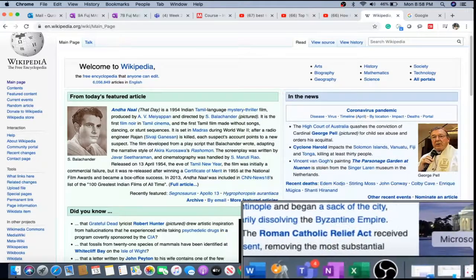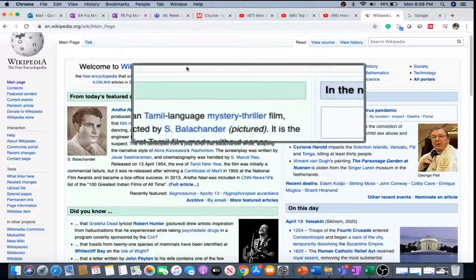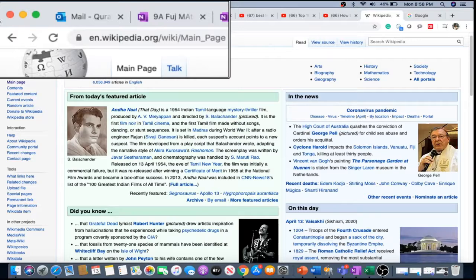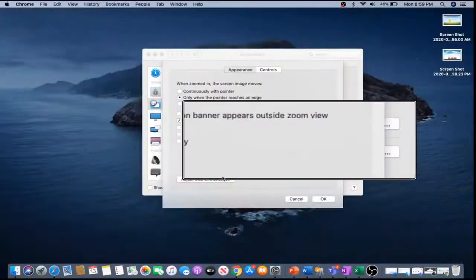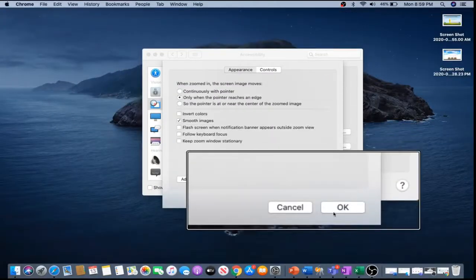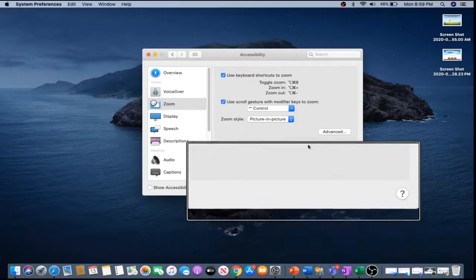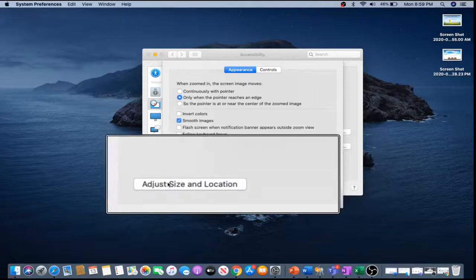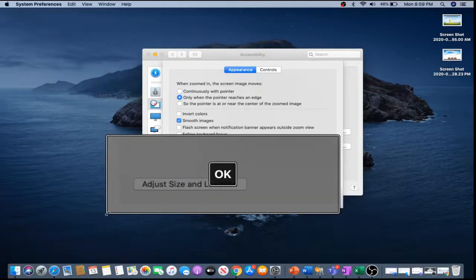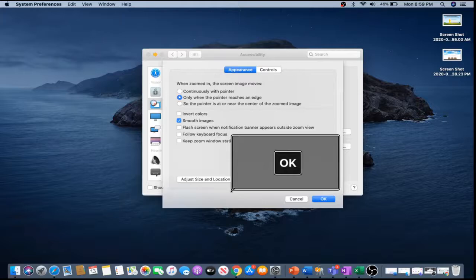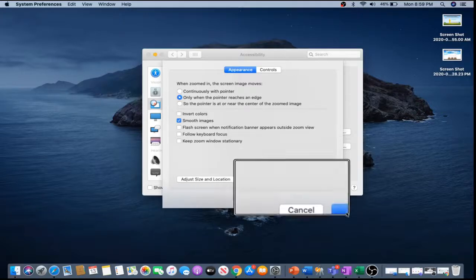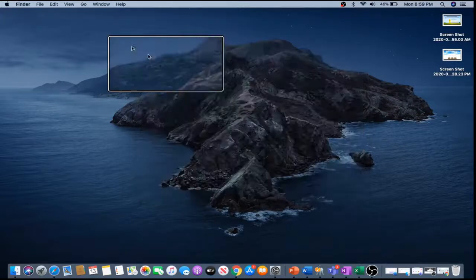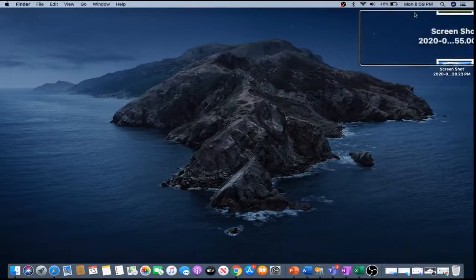I'll click OK for the advanced setting. If you want to make it small again, click Adjust Size and Location, drag it like this, click OK, and close this one.